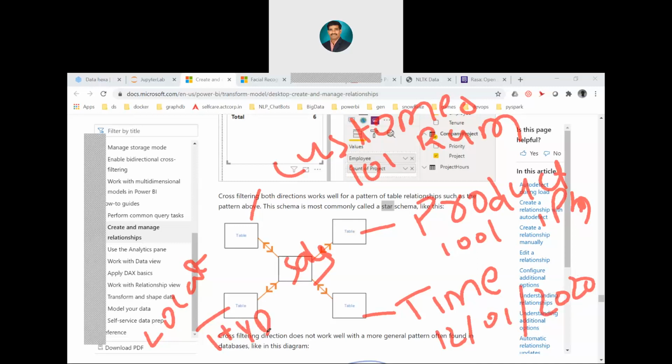I want to know Ram customer for iPhone on the date of 12/01/2020 in Hyderabad, how much he paid. How much he paid, I want to answer. That means I need to connect all the tables or not? Yes, you have to connect. If I want like that, then single direction is available. I cannot do that.